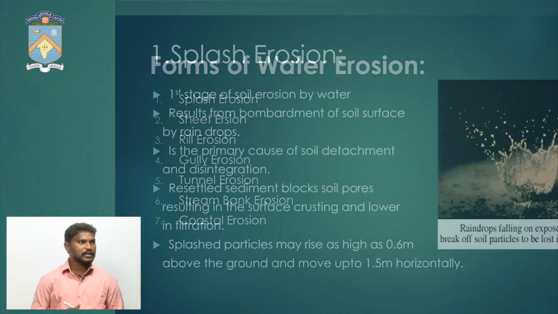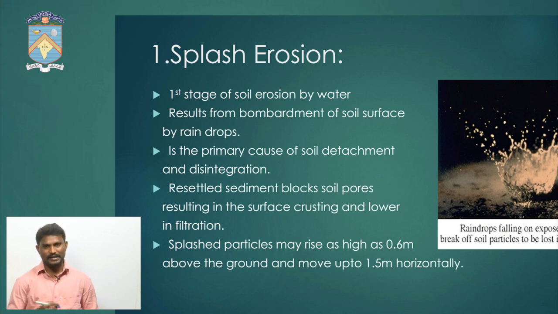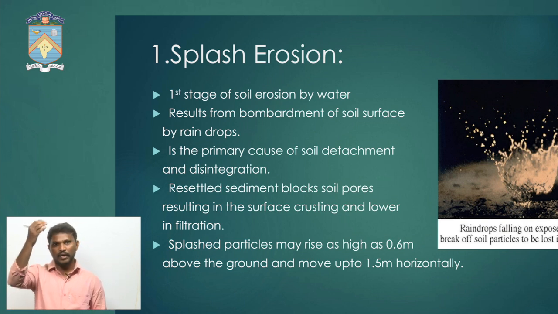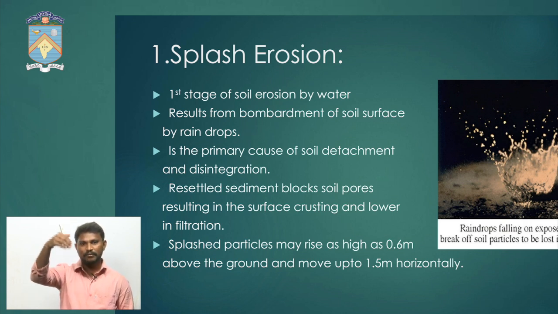First one, splash erosion. Splash erosion, we can say it as the first stage of erosion. It occurs due to the action of raindrop. When the raindrop dropped from a certain height, it travels with some kinetic energy. When it reaches the ground, the soil particles which are present on the ground will dislodge or dislocate from its original place,